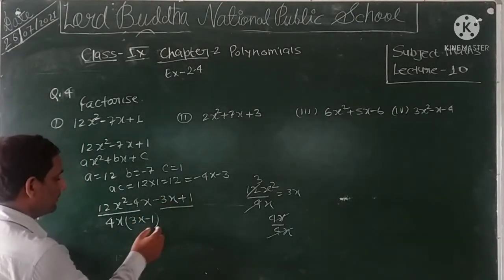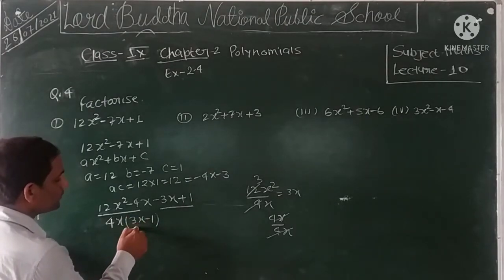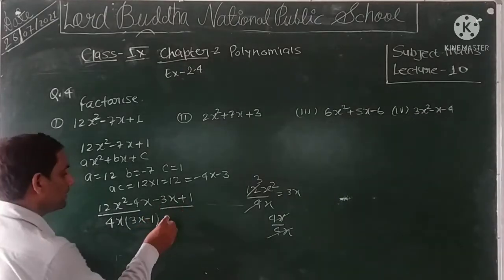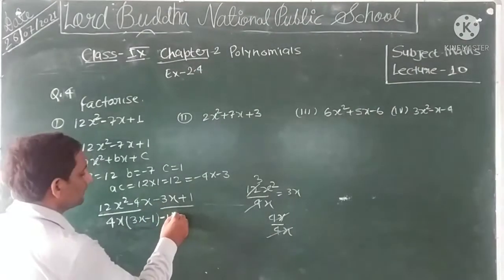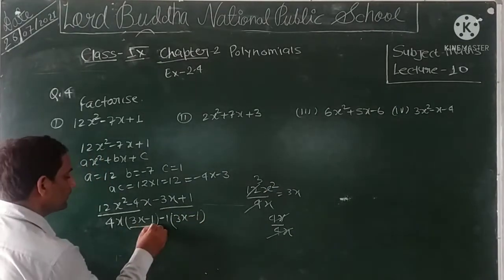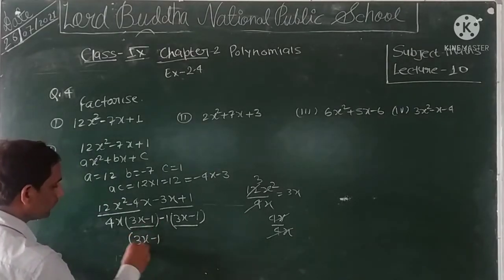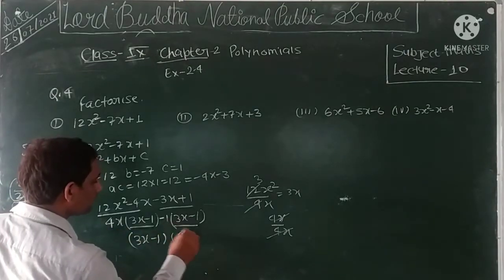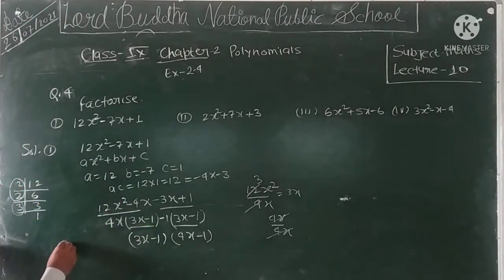Here will be the same thing in the bracket as here. We see that here 3x is positive but here negative. Here 1 is negative. Here 1 is positive. Hence we take common here minus 1. When we take common minus 1, then it becomes positive and it becomes negative. Now we see that these two are same. Hence we take it common: 3x minus 1. And here new 4x, and here left 1. 4x minus 1. This is a factor of our quadratic polynomial.